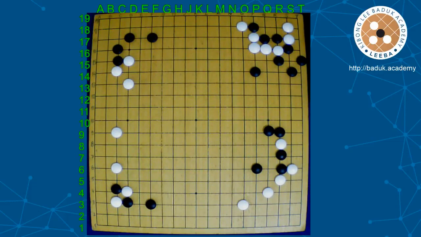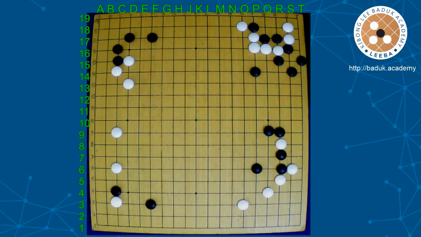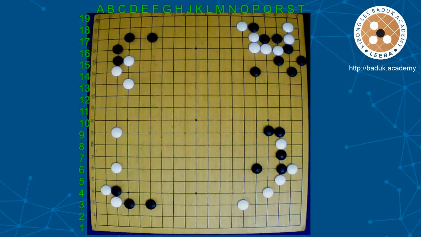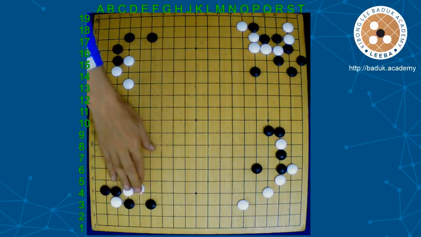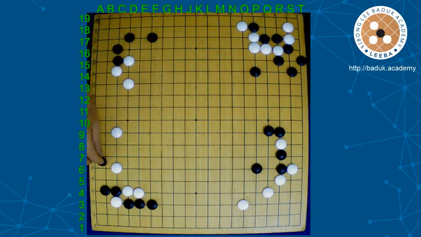But usually this cut is not good. Just try to take territory. And if white hanes, then instead of cutting, black can play like this. But now the shape is like this. So black extends. Then the only thing white can do is this, or atari and connect. Atari and then connect. So not so many choices. Connect and